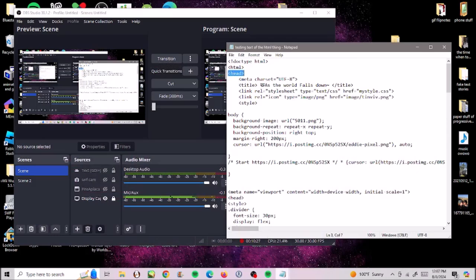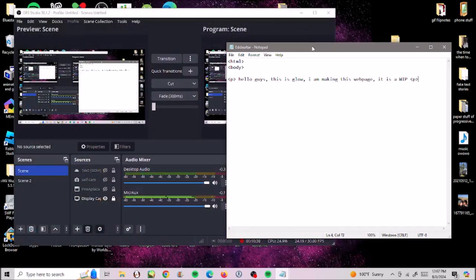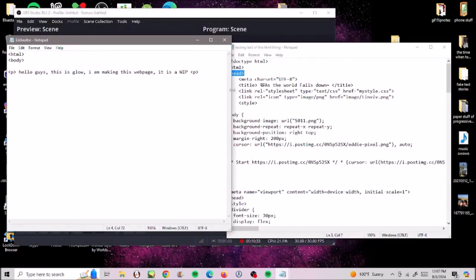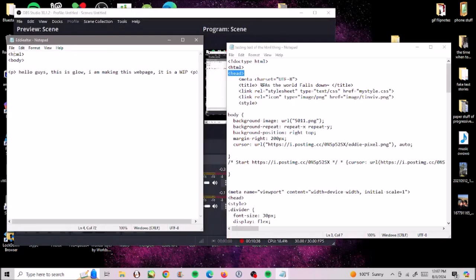Oh, I forgot, it should be head, but it's fine. At least I am experimenting a little bit on here. So hold on, I'm going to copy this. Exclamation mark doctype HTML, okay? And it should be head, maybe not body. Now this is how you put the title over here. You put tab